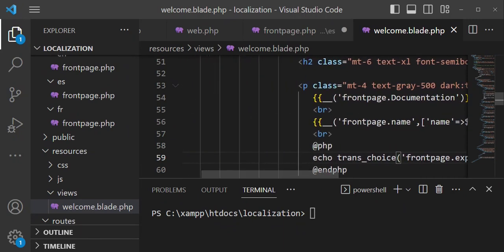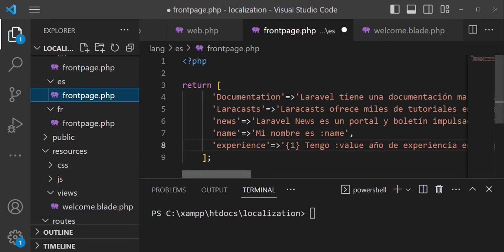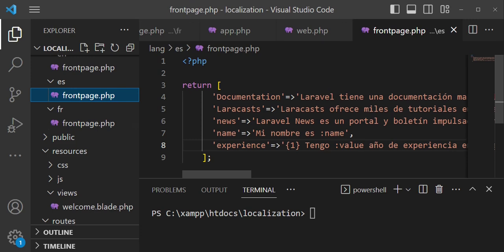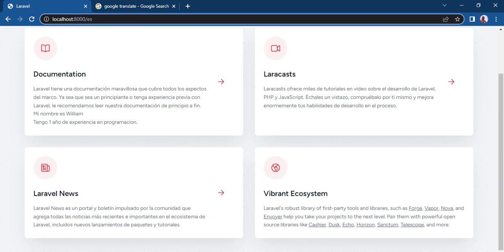I do not know why that is the case, so let me check Spanish. We are having experience. I think it is the same, and also this one is experience. Probably, let me ensure I have saved. Yes, I did not save for Spanish. So again, when we refresh, now you can see it's giving us the information in Spanish. And if I change this to French,